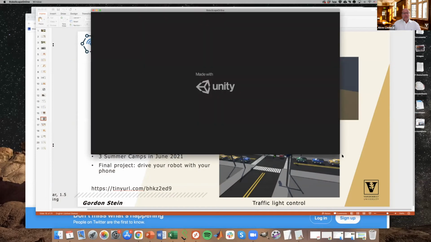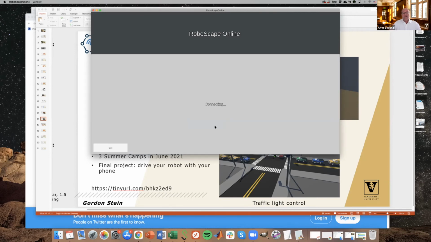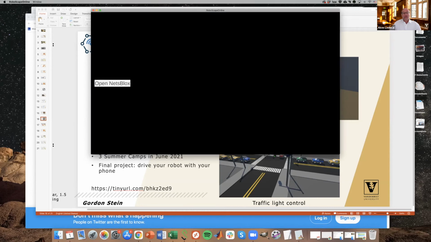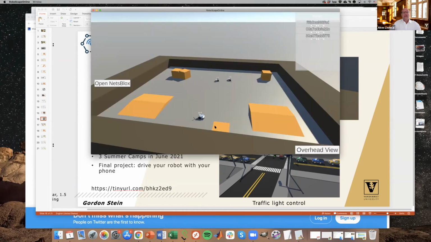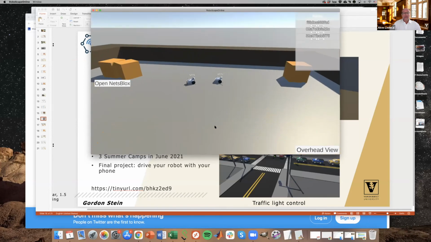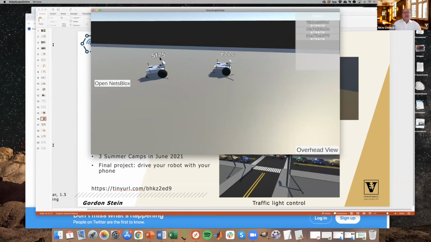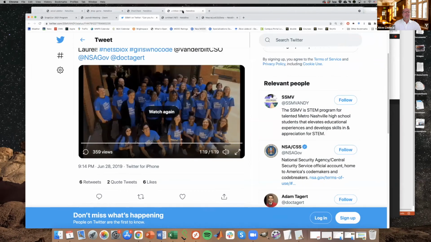Okay, so here I start this environment. I have to log in with my NetsBlox credentials. Okay. Now here it is. I have 3 robots right now. I can navigate and look around. So let's see, here is this robot 5F75. Let me just bring up my previous code.